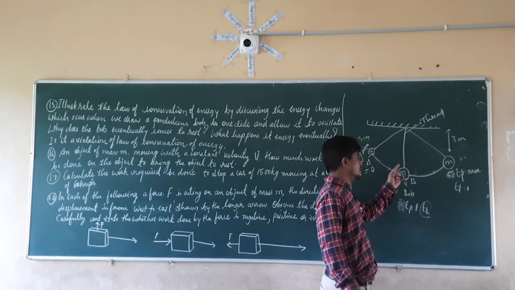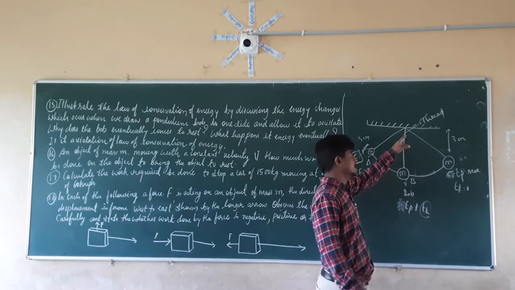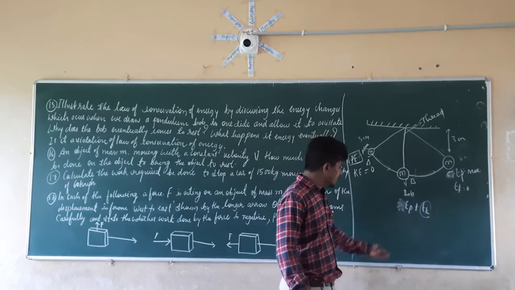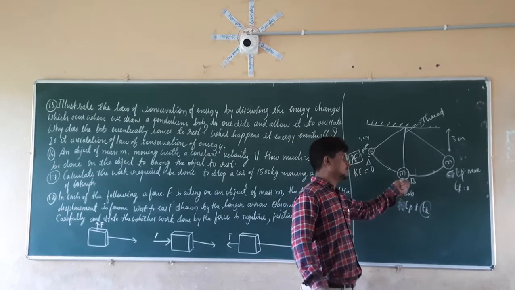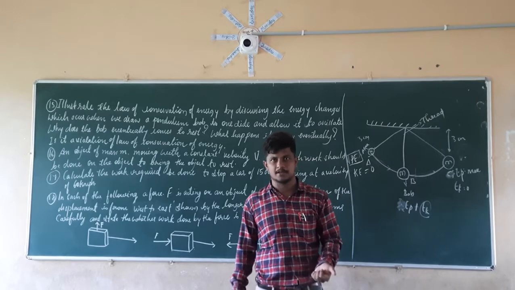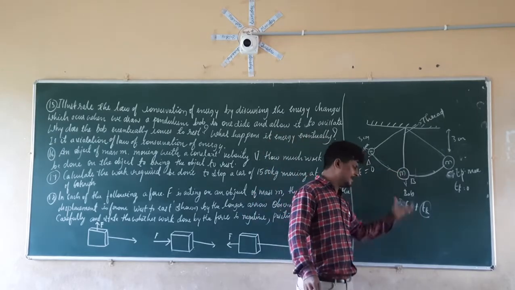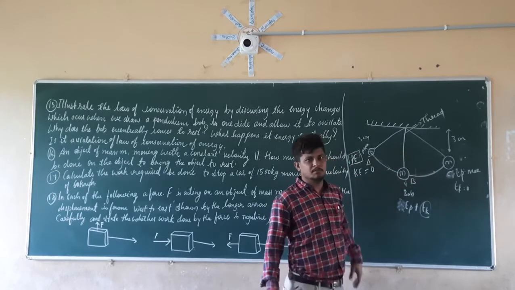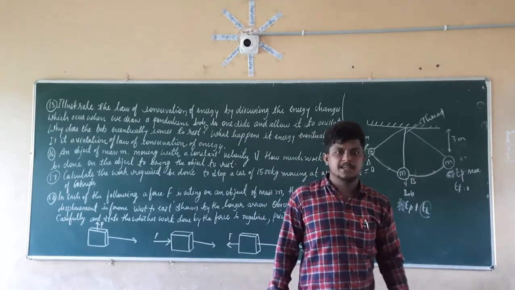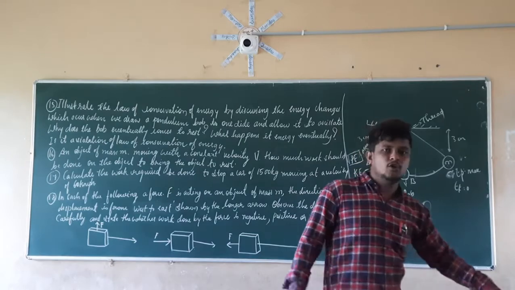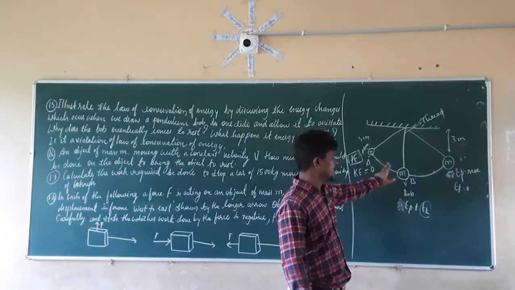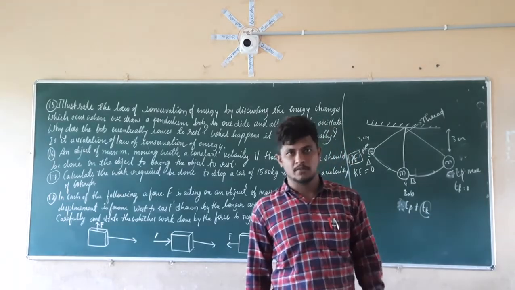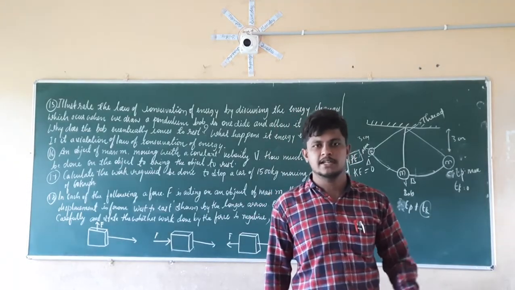The second thing which is going to oppose here is the rigid support. And the third thing is the gravitational force which is acting on the pendulum bob, since it has a mass. This force is acting in the downward direction, while the air resistance is acting in the opposite direction. Because of those forces which are acting opposite to the pendulum bob, it is eventually getting stopped.